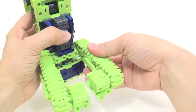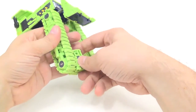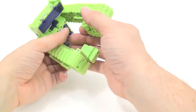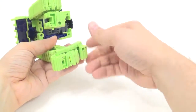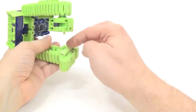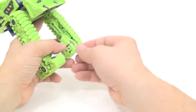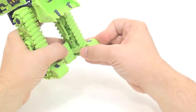So then you got to create what are the feet. And it's kind of a little deceiving on here. It looks like these are actually treads, but they're not molded in. So I don't know if you saw that, but you flip around the toe, and then you flip this out like this. See? And then that's basically your foot, and then you can pivot it up and down with this joint right here. So it's not actually a part of the tread. So then we want to do this side also. So you flip this toe forward and then tab it into there. Flip that out,